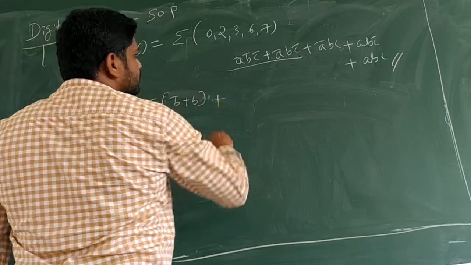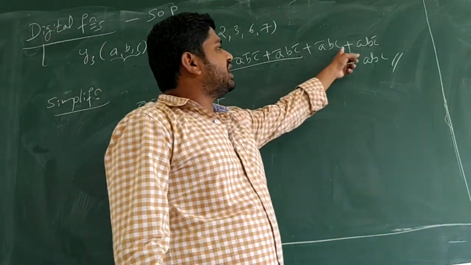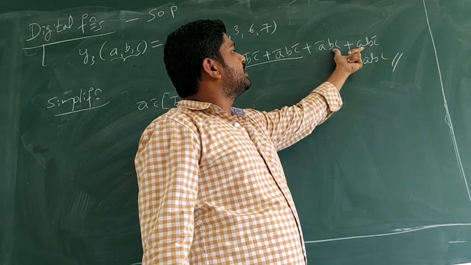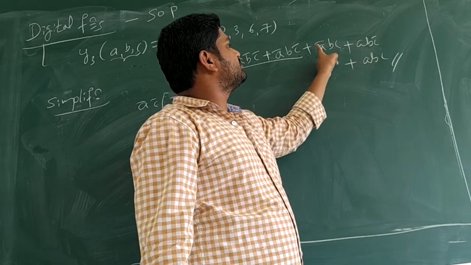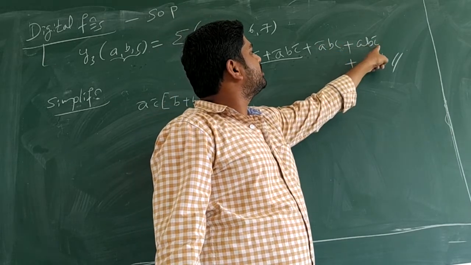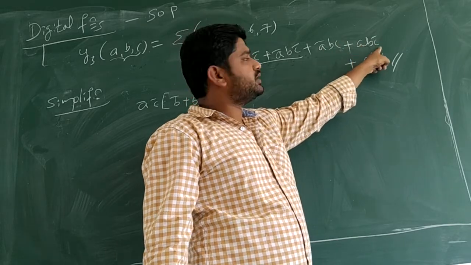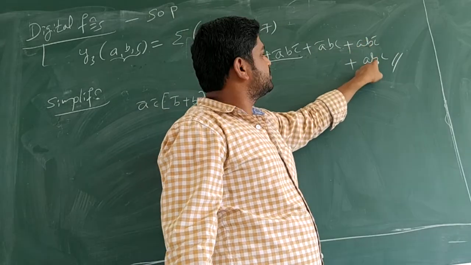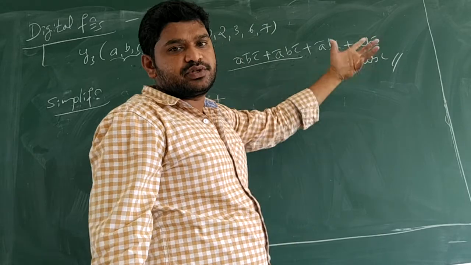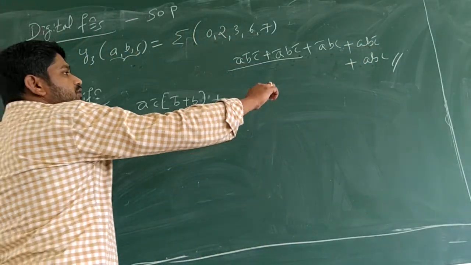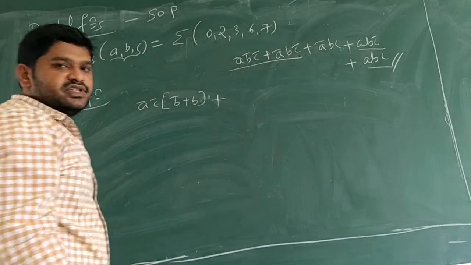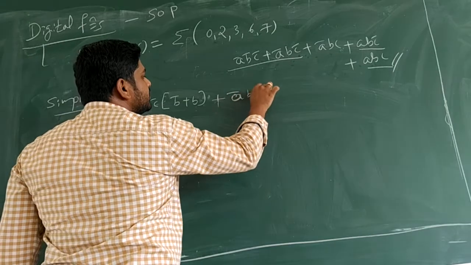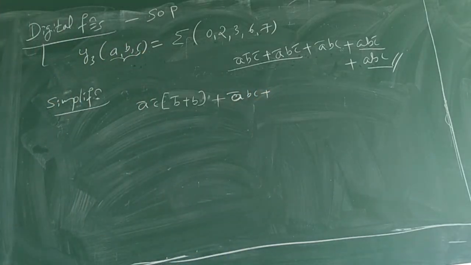Now here you can group any two. If we group this, we will get only one term, B common, hence we will get A complement C. Again A complement C, A with C complement. So we will get one type of common thing. Taking these two is the same as taking these two also. Whichever is comfortable, we can take. So I will take this with this. Since there are last terms, you can take both. So this term A complement BC, I have not yet taken for simplification.